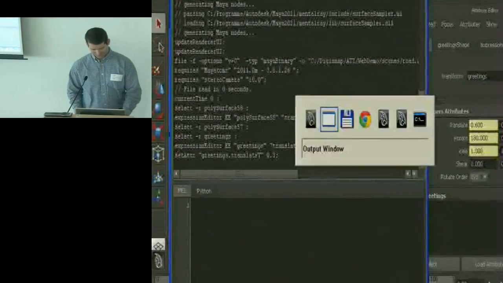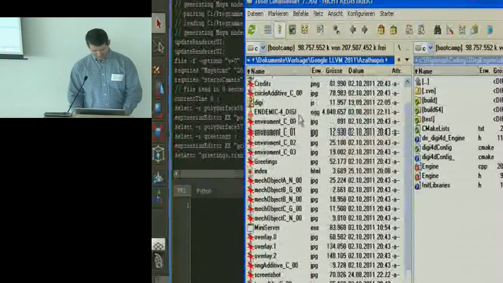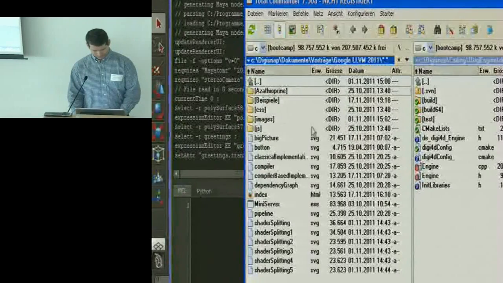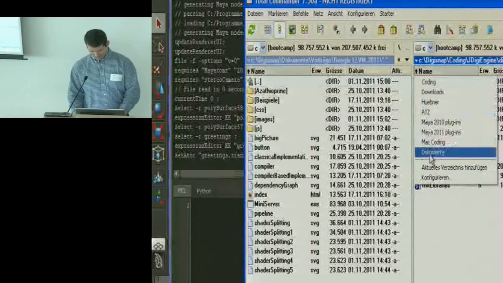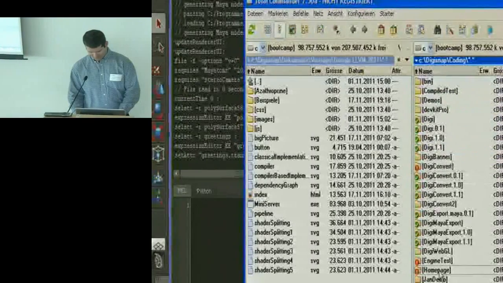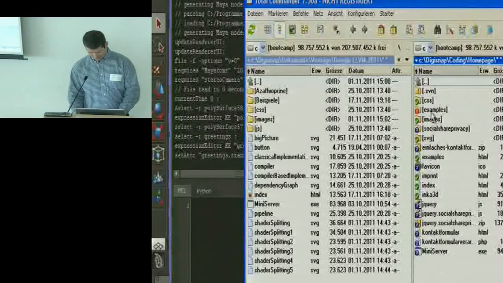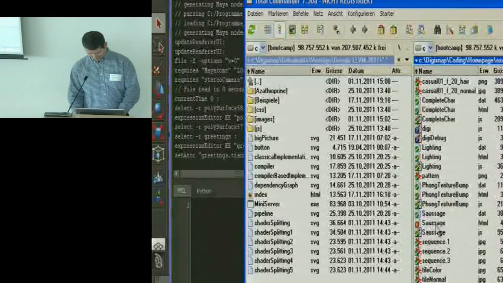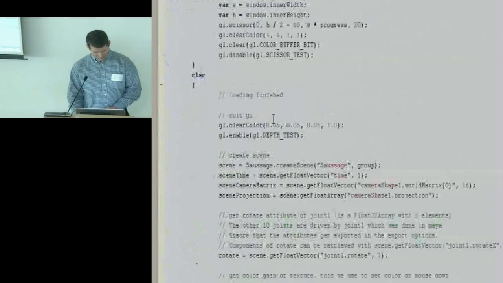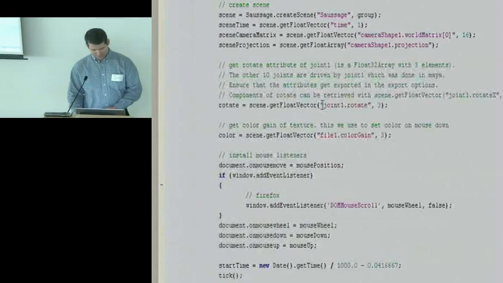This is, for example, done here. So I get the attribute within JavaScript, the scene.get float vector.